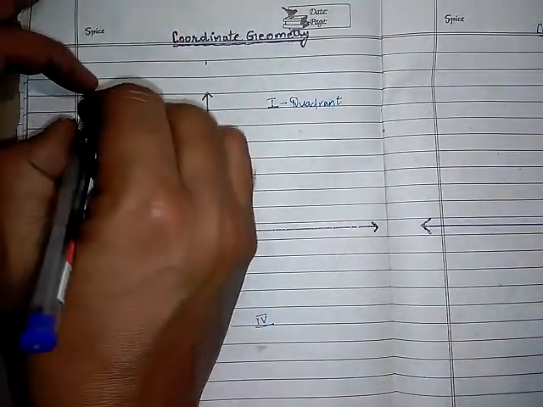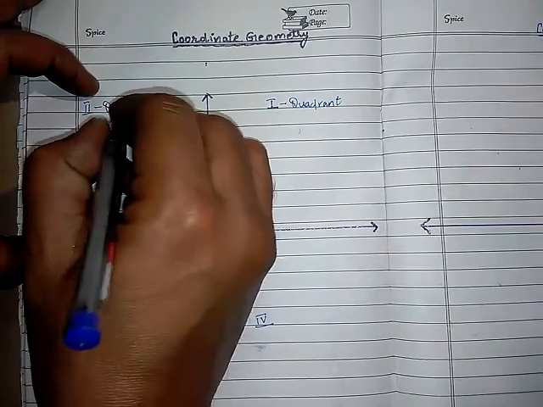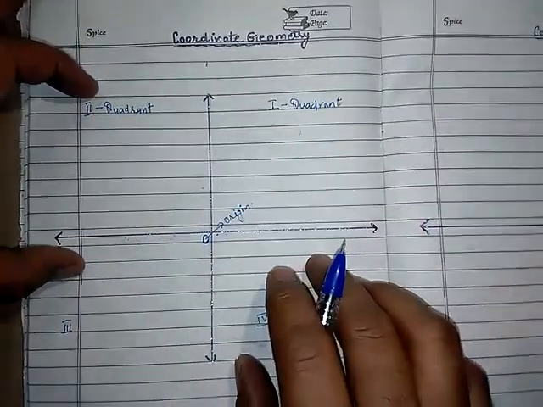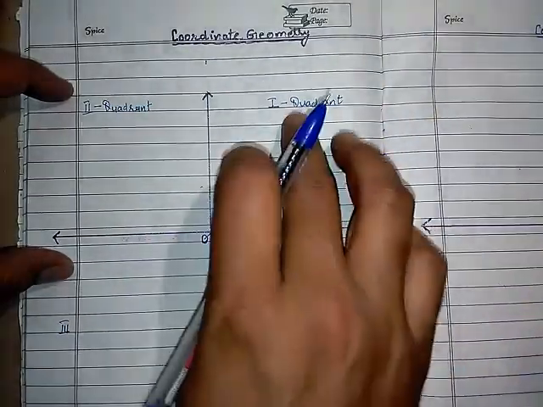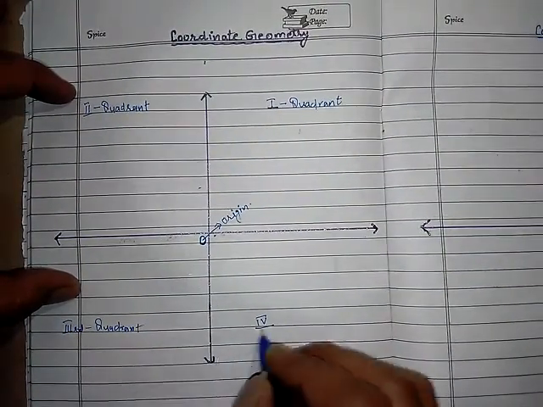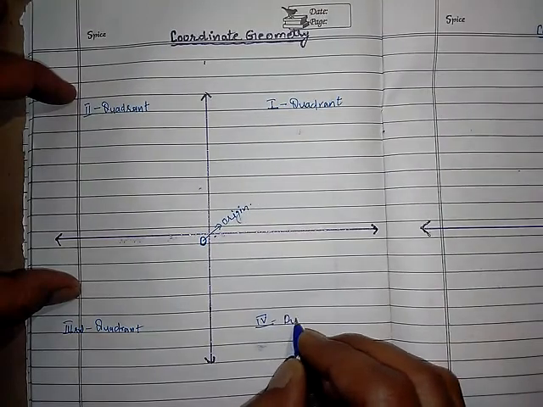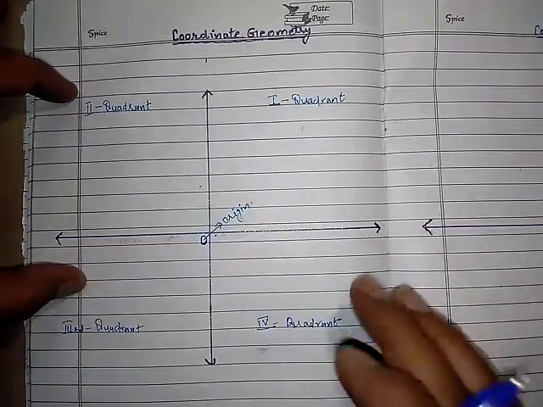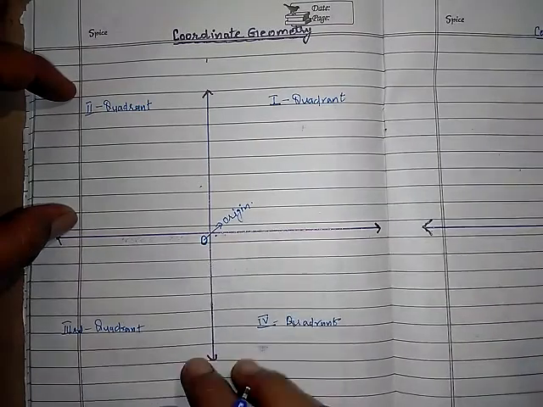So I am covering the questions which are given in your exercises also. This is the question of the exercise: give the name of the part, which is called a quadrant. First quadrant, second quadrant, third quadrant, after that it will be the fourth quadrant, right? So four quadrants are there in the coordinate system. This whole thing is called a coordinate system.